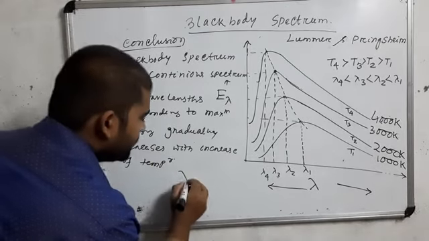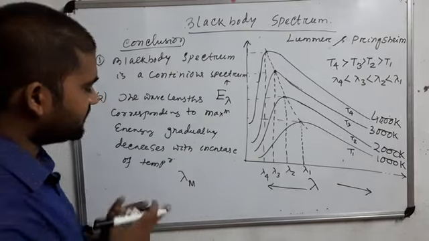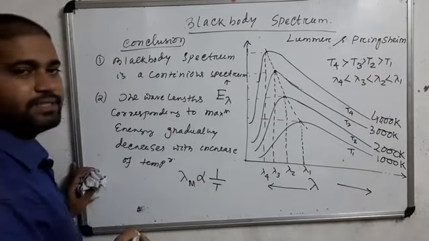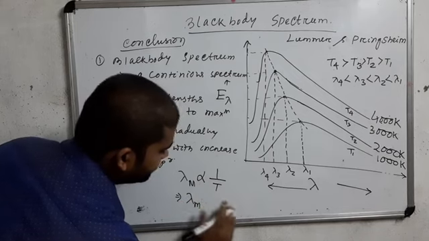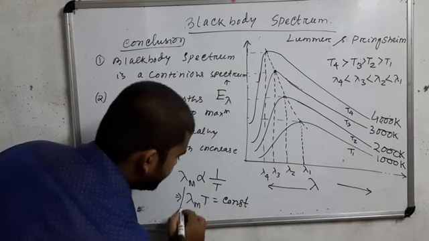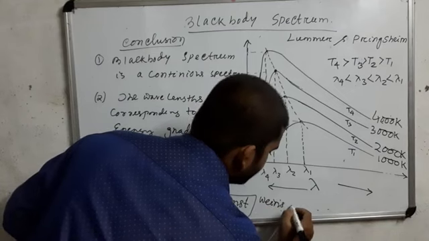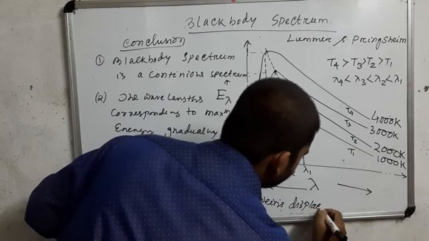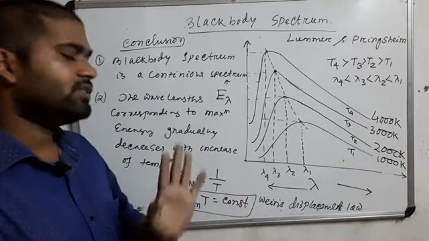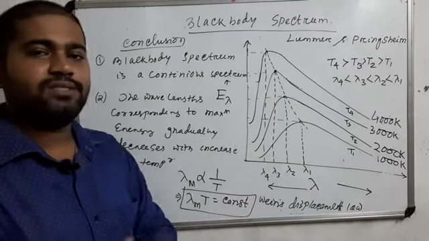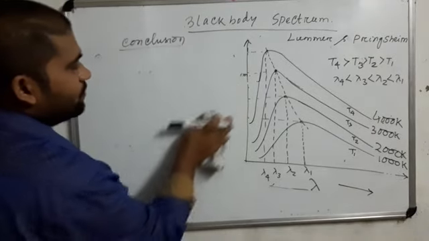Okay, so that's why lambda m, that is the wavelength at a maximum energy state, is proportional to 1 by T, the reciprocal of temperature. Okay, and lambda m equals some constant, or lambda m T equals constant, and this concept is known as Wien's displacement law. Okay, so the wavelength corresponding to maximum energy state is inversely proportional to the temperature, and this concept is known as Wien's displacement law. Okay, another conclusion also we may draw here, that is, if we observe the spectrum, what we find,